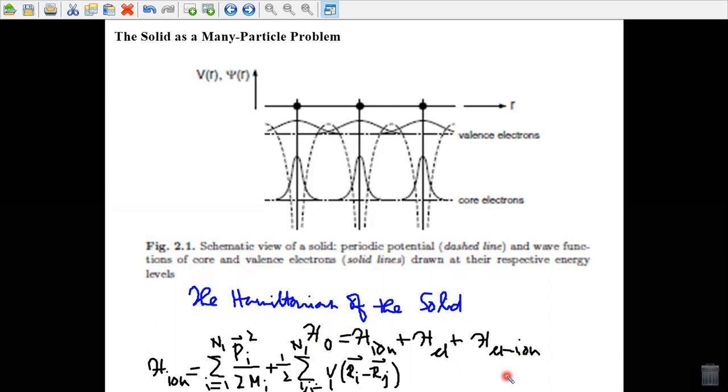The first term depends only on the coordinates of the ions and reads H_ion is nothing but the summation over i equals 1 to N_I of P_i squared divided by twice M_i, plus half the summation over i, j equals 1 to N_I, where i not equal to j, of V(R_i minus R_j), where P_i, R_i, and M_i denote the momentum, position, and mass of the ith ion respectively. And N_I is the number of ions in the crystal volume V_c,